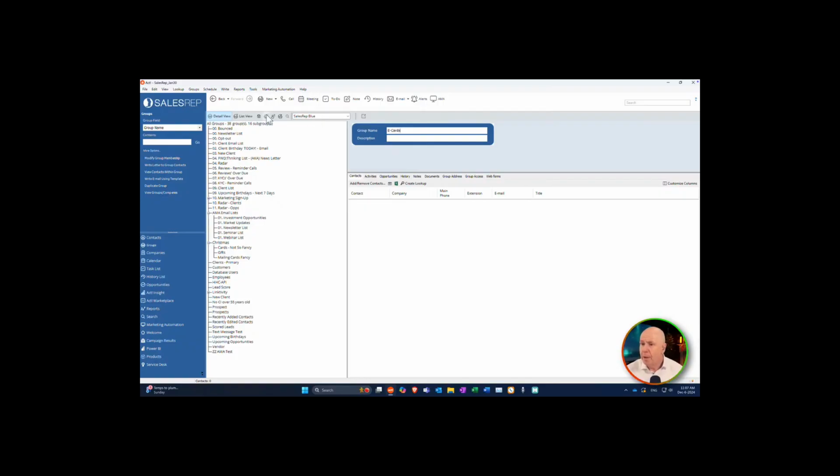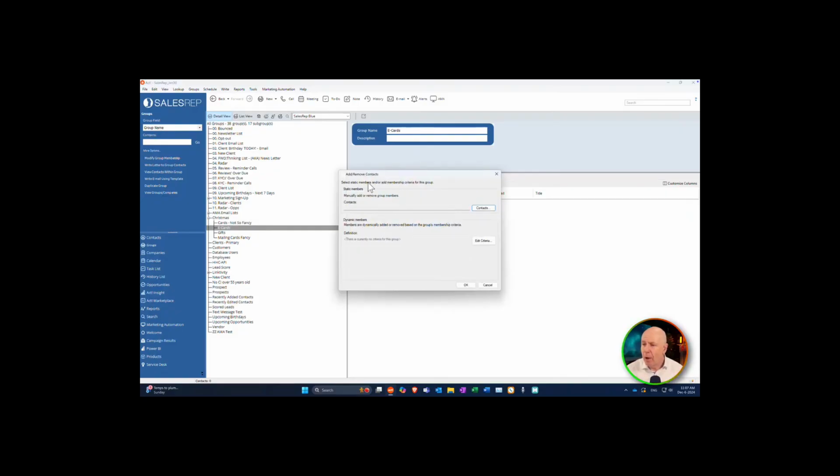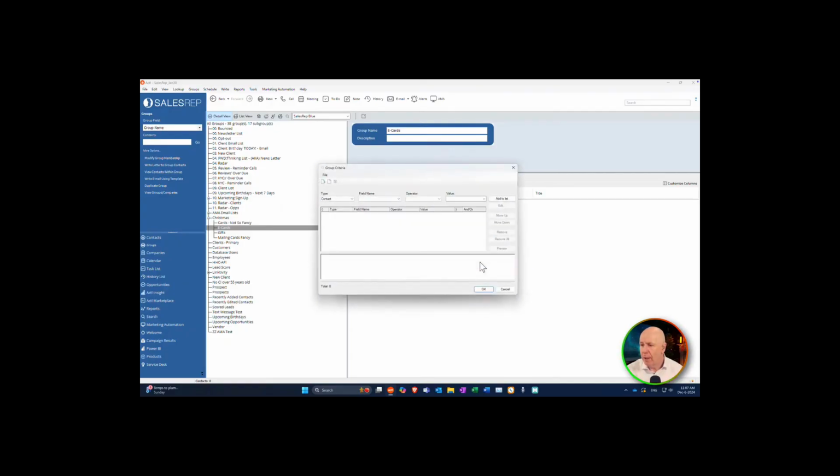E-cards. There we are. And then I'm just going to press the little save button here, and that'll put it under there. So e-cards. So now I'm going to go over to add remove contacts. And we're not going to use the manual or the static way of doing it. We're going to use the dynamic way of adding people to this group. So we're going to edit the list, edit the criteria, and this is where now we can choose what fields